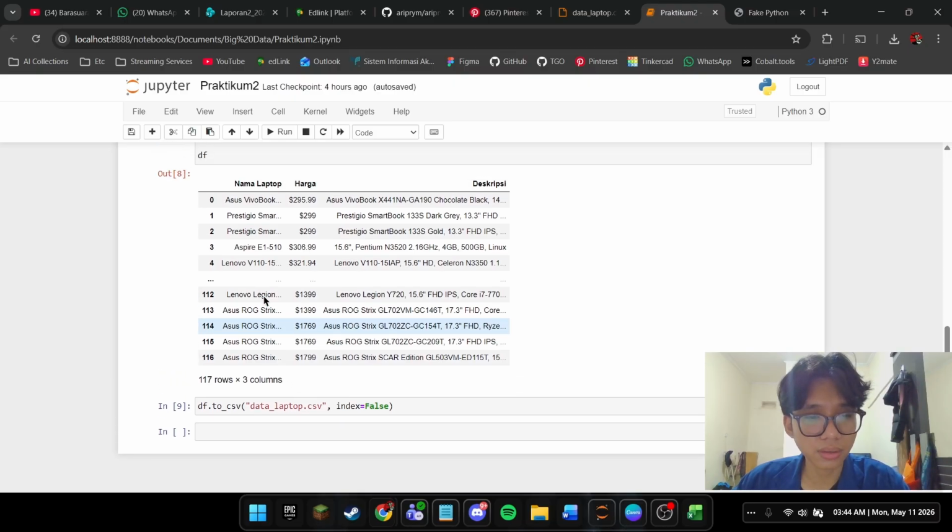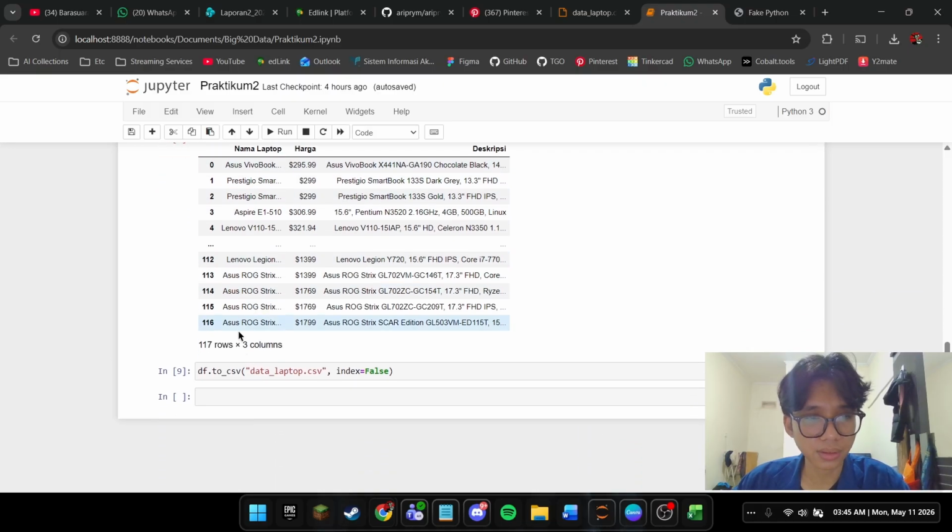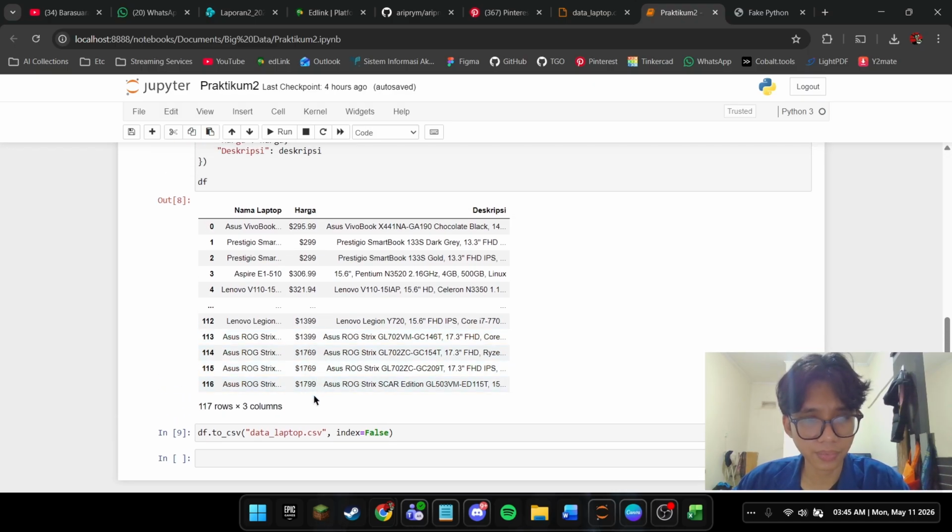From row 0, Asus VivoBook, priced at 295.99, to row 116, Asus ROG Strix, 1799.